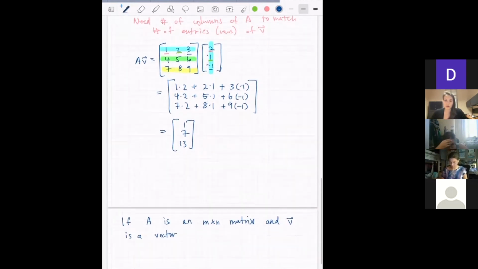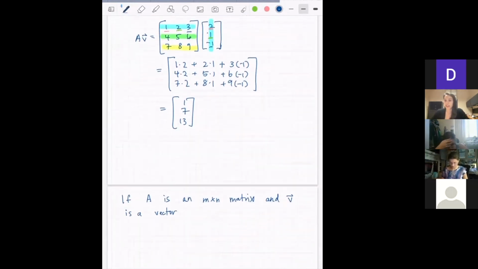So the number of columns of an m by n matrix is n, so v is a vector in Rn. So meaning we can do this multiplication, and what you get out of doing this multiplication is a vector in Rn,